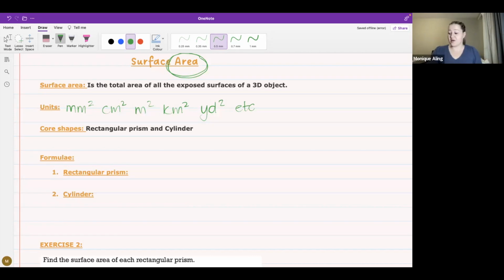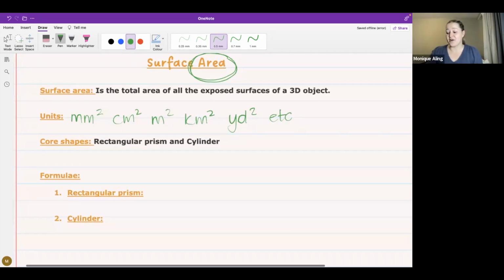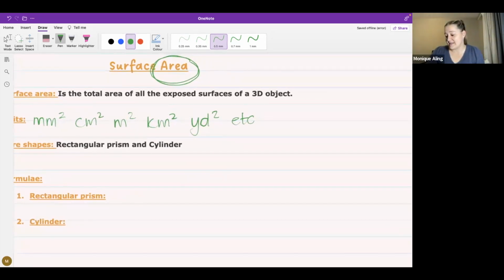For a rectangular prism, it's quite a long formula, but it's not a hard one. It is 2 times length times width. Okay, so that works out. If you think about a tissue box, the top of the box is my length times my width, and I say times 2 because there's a top and a bottom of the tissue box. Plus